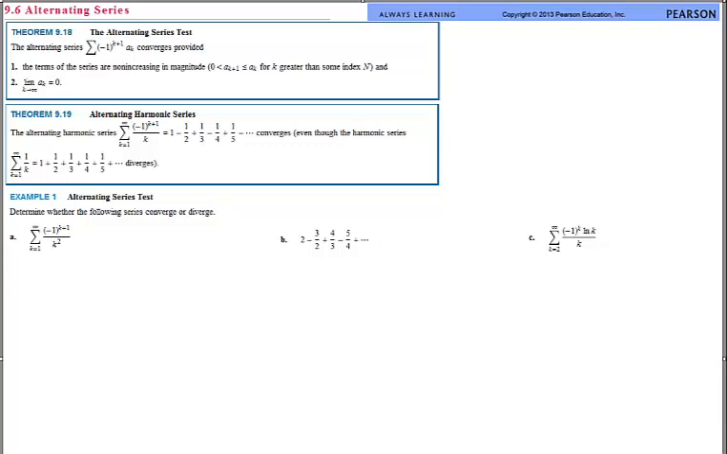And welcome Calculus 2 students once again. We are looking at alternating series. In this case we're looking at series that bump back and forth